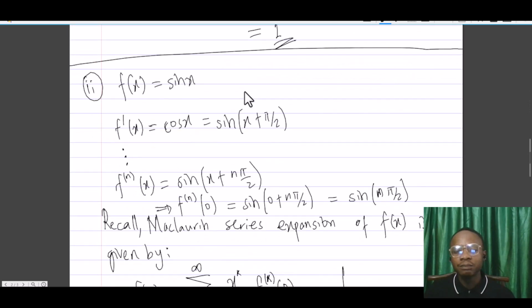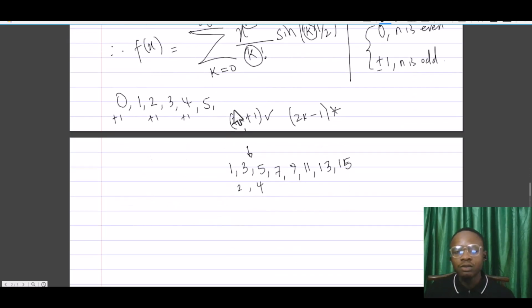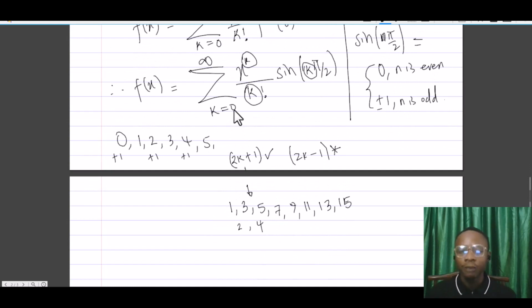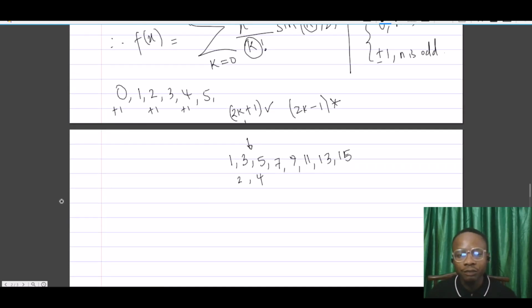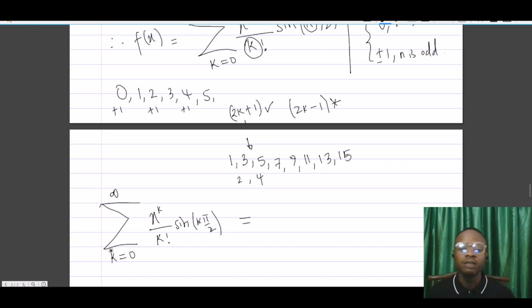And if we do that, let's examine what is going to happen now. Normally, this is meant to give us something like this. So let's examine how this is going to play out, just experimenting with numbers. Let's say we start from k equals 0, because we're going to infinity. Let's say we do x to the power of k over k factorial multiplied by sine of k times pi over 2. When k equals 0, we have x raised to the power 0, which is 1, then sine 0, which is 0. So that will give us 0, plus